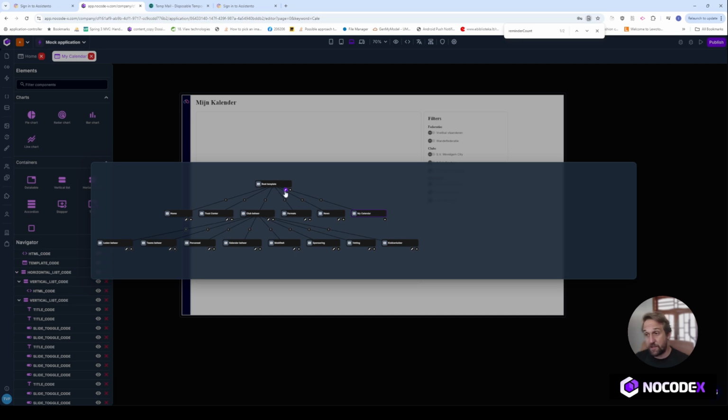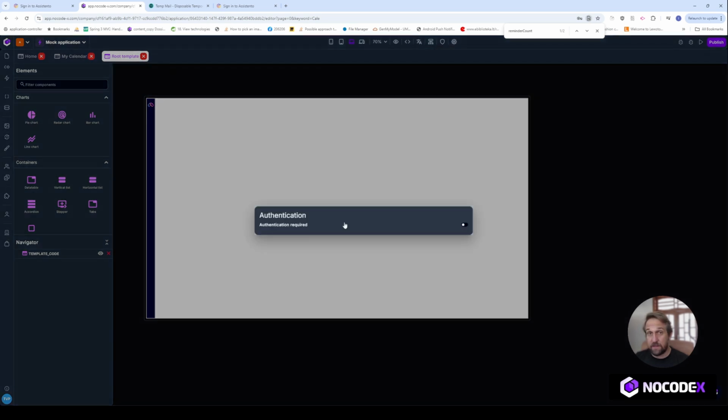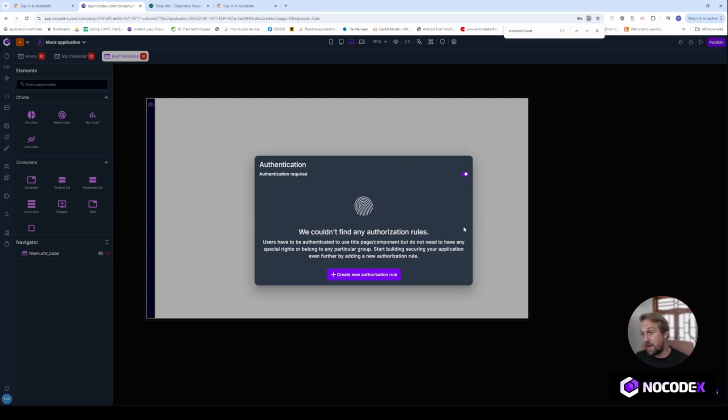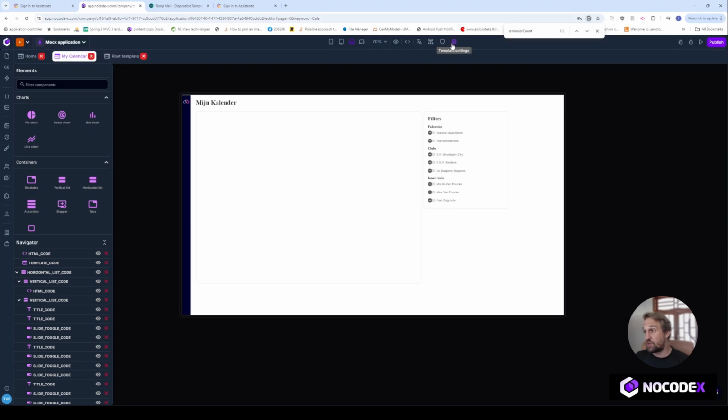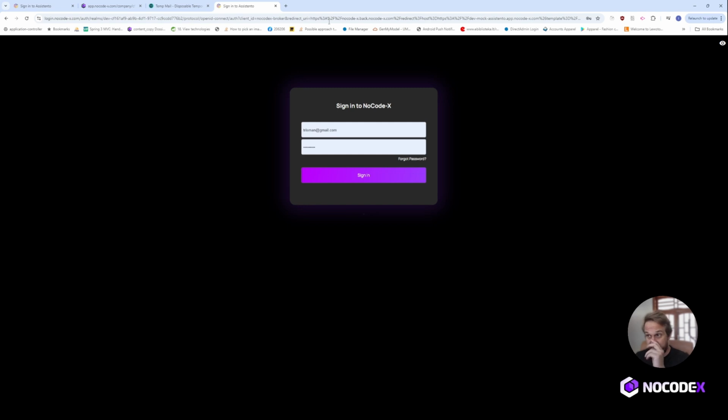So let's open the root template, and once I open up the authentication and authorization settings and switch on authentication, the calendar page should also request authentication before accessing it. As you can see, I accessed the calendar page, and now I'm required to authenticate as well. This is the default login page. Let's try this out first, and then let's customize it